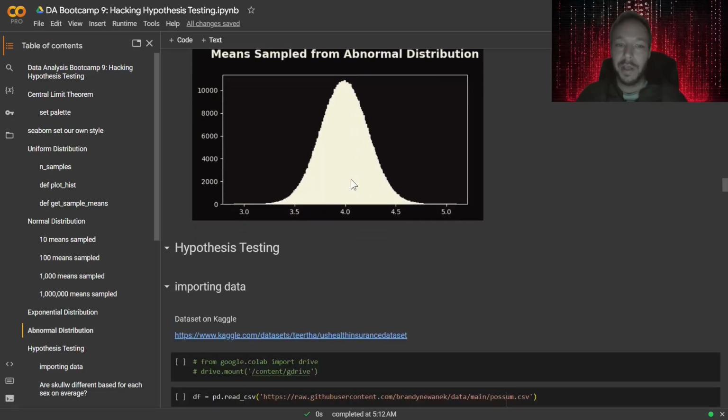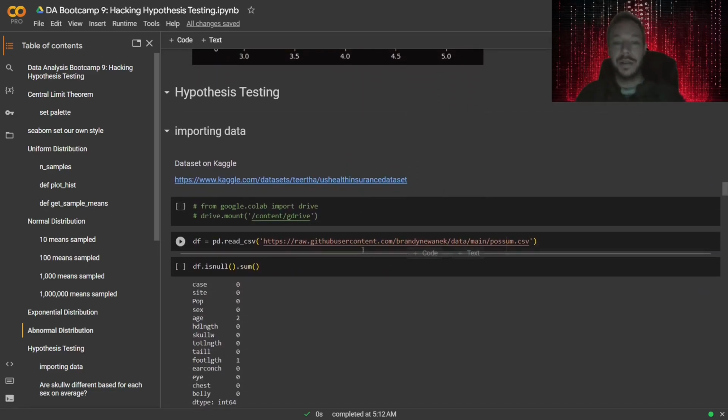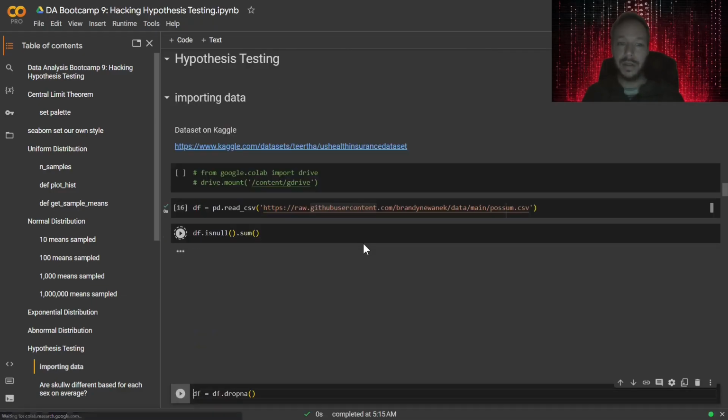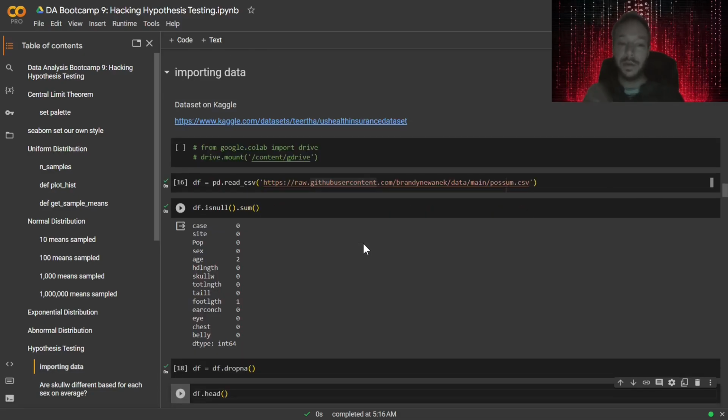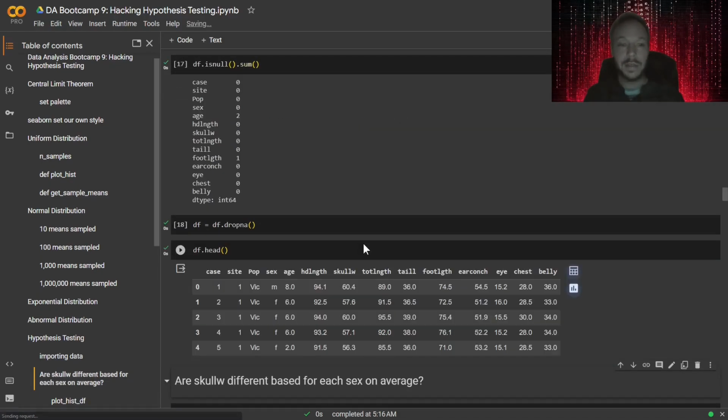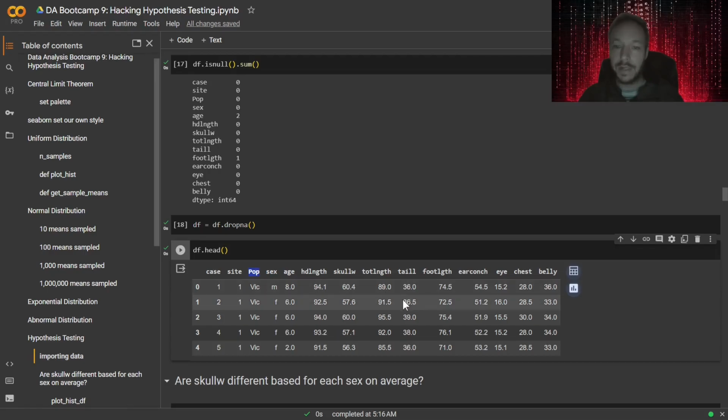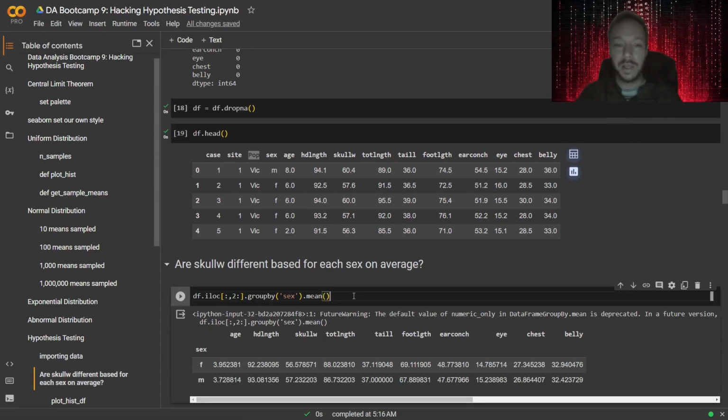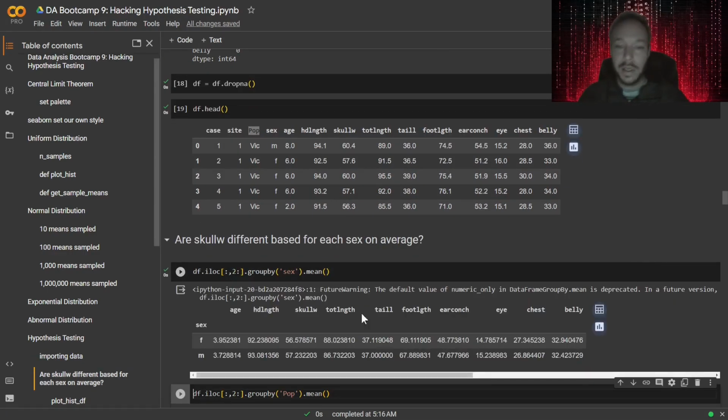Okay, and then again, now let's try this on a data set. Let's play around with this and see if we can notice the subtle differences. We have a sex column in this, and we have a population column. So between two different categories here, let's see if we can notice differences in any of these features. So it's more than just getting the average and saying, okay, well, the average is different. You can see here,